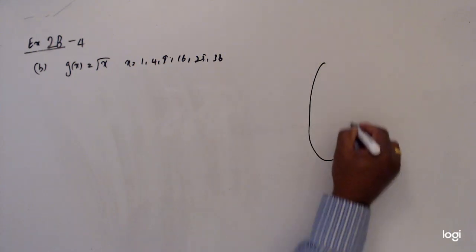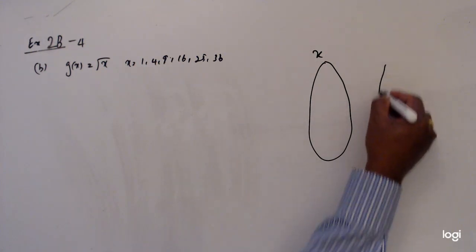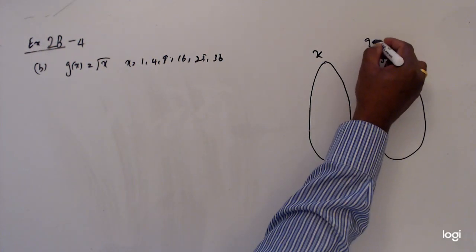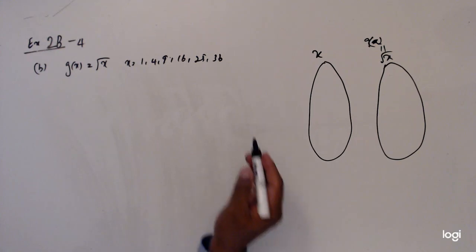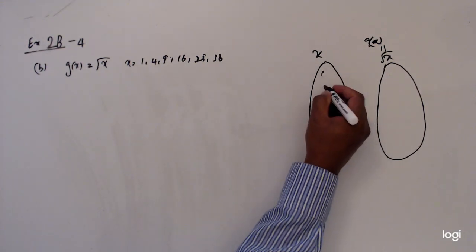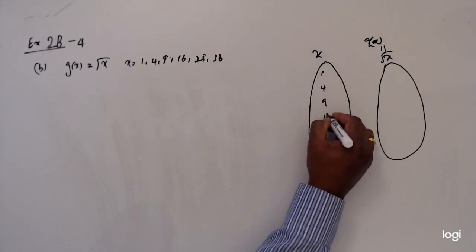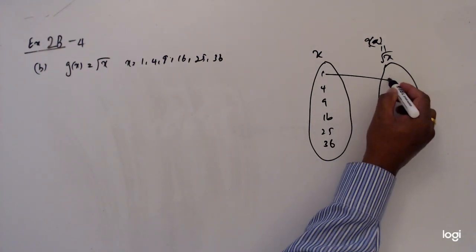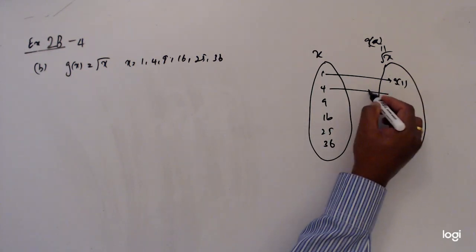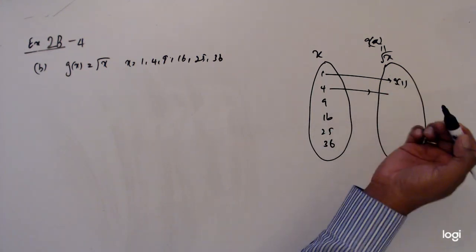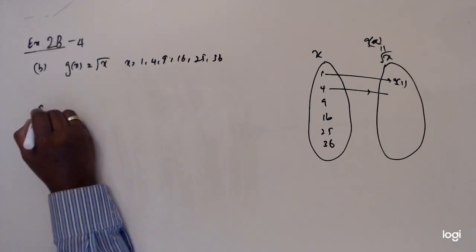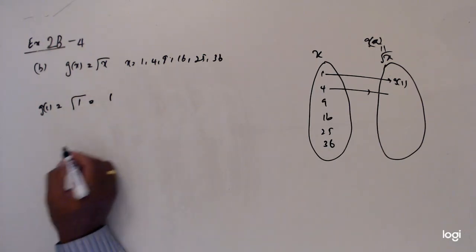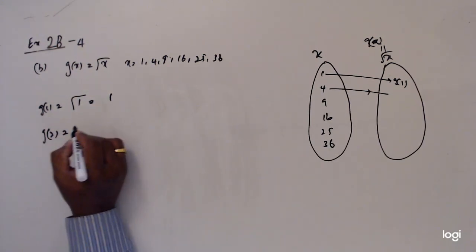And b, this is x and this is square root x. Also we can refer to it as g(x). So we have 1, 4, 9, 16, 25, 36. 1 goes to g(1), 4 goes to, we need to find, so g(1) equals square root 1 equals 1. So g(2) equals